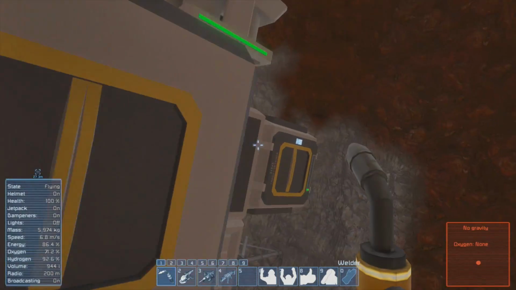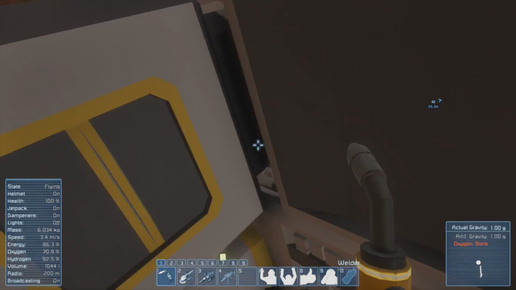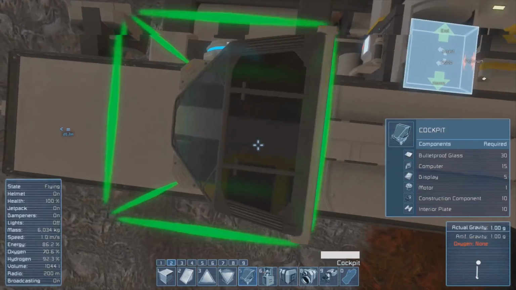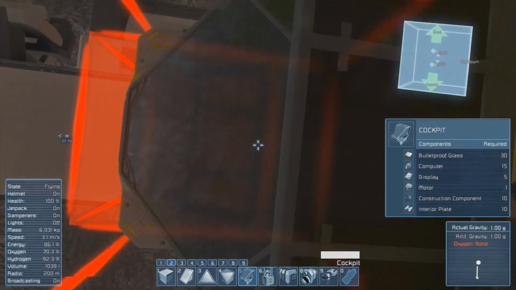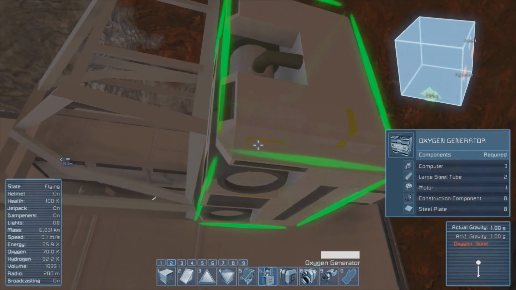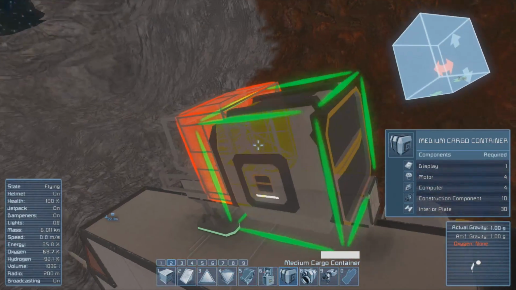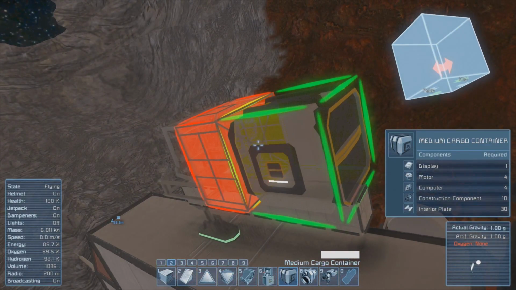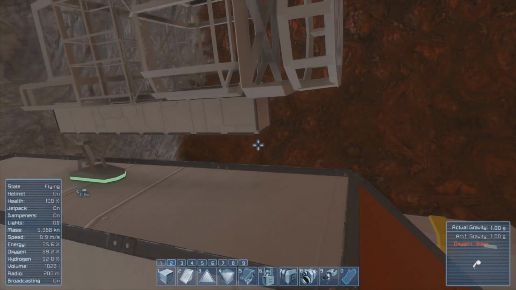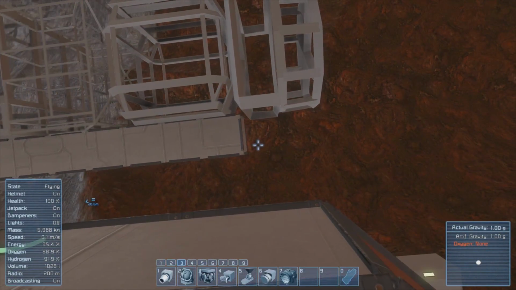Okay, I also need some interior plates so I can put some stuff around. So let's get the cockpit placed. And the oxygen generator, which needs to go like this to line up the ports properly. And the medium cargo container will go off of here. And the conveyor goes off, the connector goes there. Not going to have it extend too much further past that because maybe I want